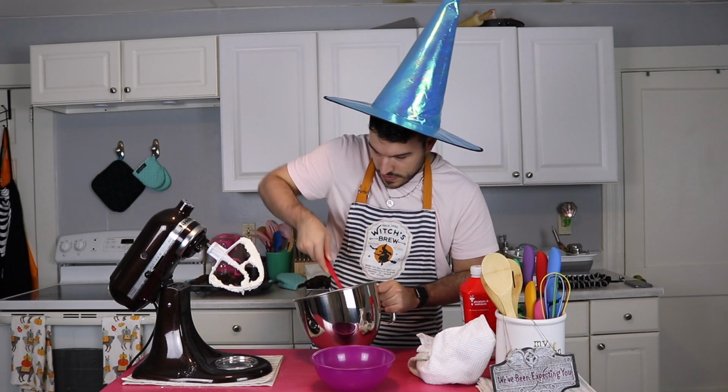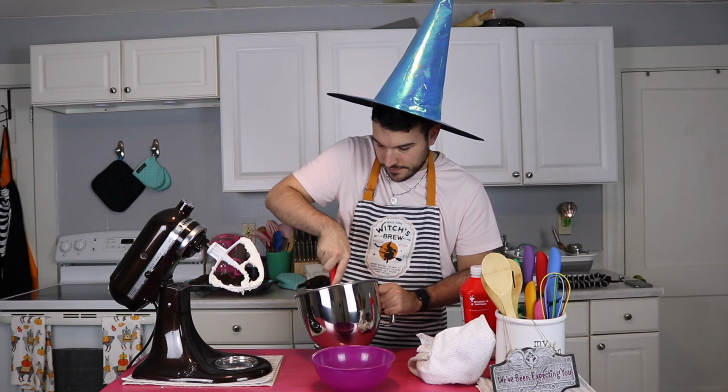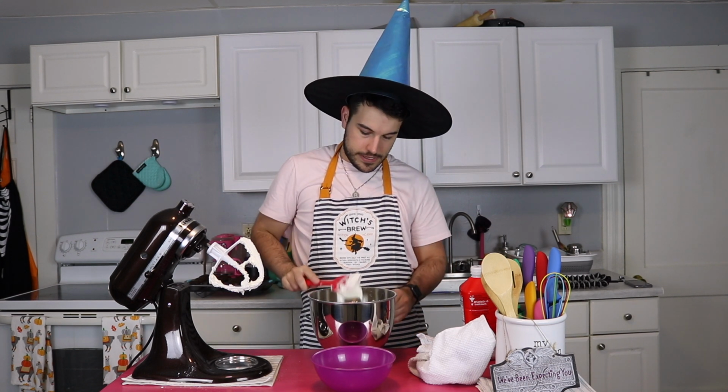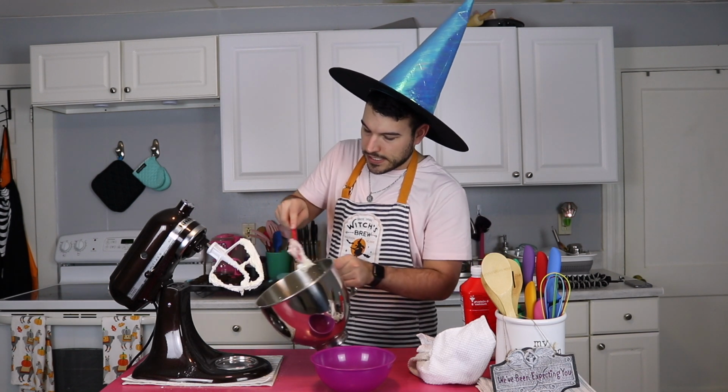Alright, I'm just going to scrape this down, make sure there's no powdered sugar trapped at the bottom, which thankfully there is not. So right now this is a pretty thick buttercream, because it kind of folds. It's not coming off very easily. So I'm going to add a little bit of liquid, not a lot,